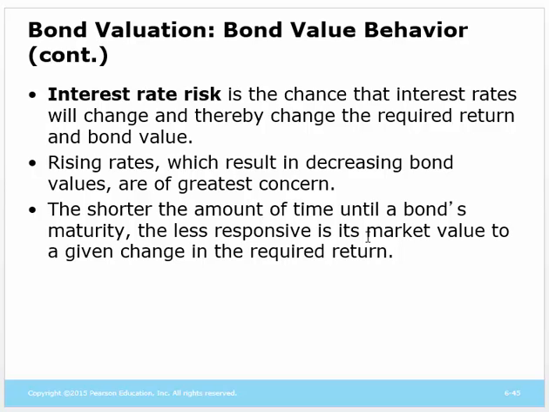So the shorter amount of time there is, the less responsive it's going to be. So we have, again, a 30-year bond. When interest rates change, 30 years is a long time, and there's going to be a far greater change in price in the long haul than if we only had 1 or 2 years left on the maturity of the bond. There is a way to measure this risk. It's beyond the context of the course, but if you look at the spreadsheet, there is a number there that's called duration. And duration is a measure of interest rate risk.